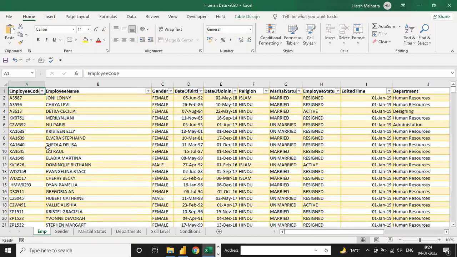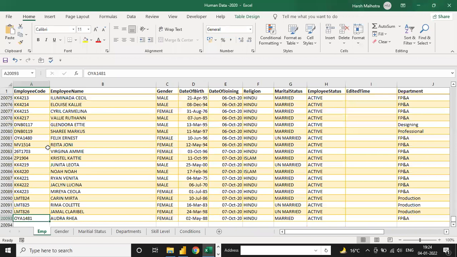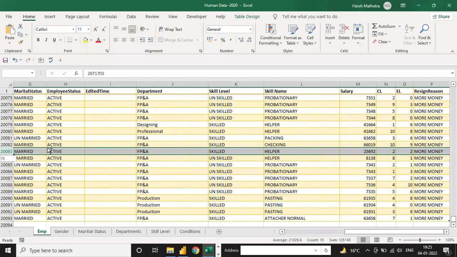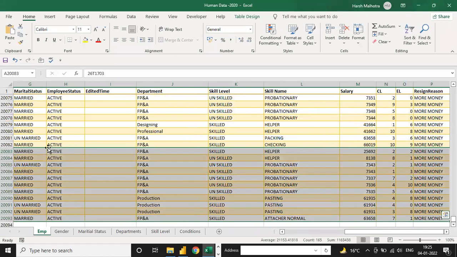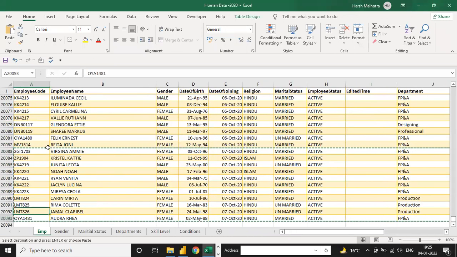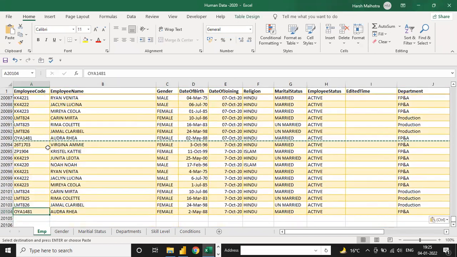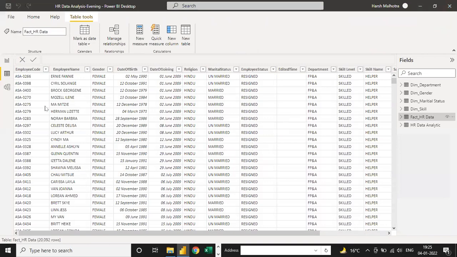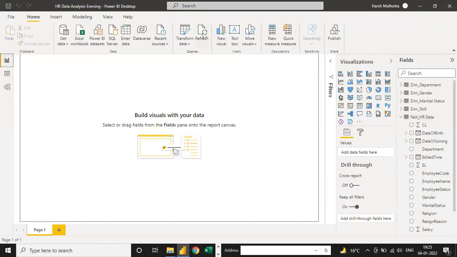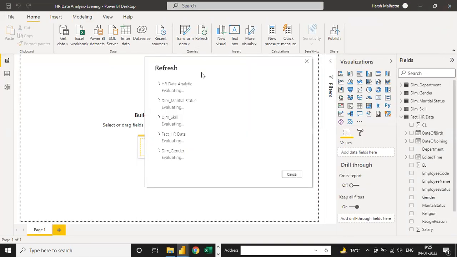Okay. Suppose next month you have added almost 50 employees or 20 employees in the department. So I just copy this data, make it a little longer. Okay. So now the data is 2104. So you just have to save the data in the backend, close this file, go to your Power BI, refresh, and now you can see it automatically refreshes the data file.